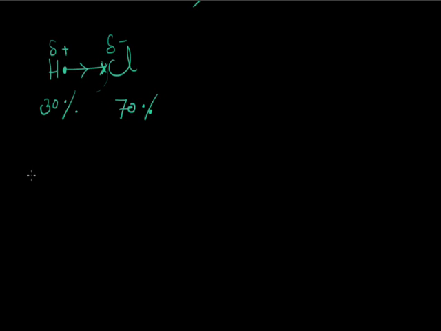Basically, polar means having two poles, positive pole and negative pole. So if in a covalent bond the atoms have partially negative or positive charge, then we can say the atoms have two poles, a positive pole and a negative pole, and the overall molecule is called a polar molecule, and in that condition the covalent bond is called a polar covalent bond.